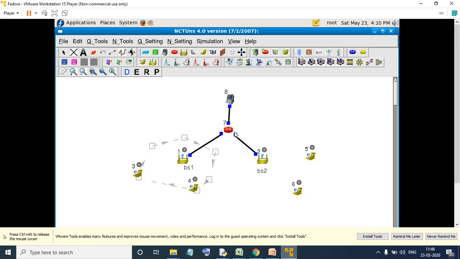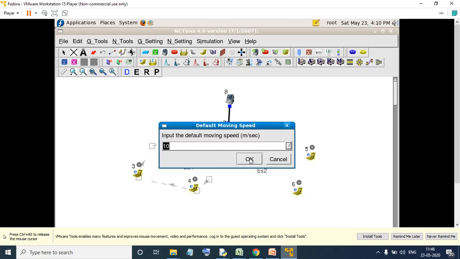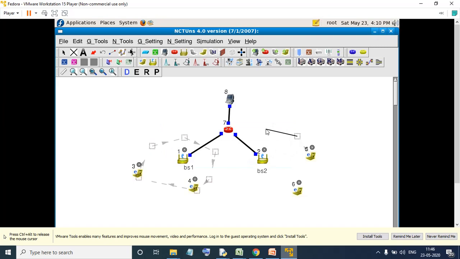Similarly, I will be doing it for the other one. So I am creating a path. You can see I have included the base station. Make sure you include the base station and also the mobile nodes. So this is my second one. In order to create this path, you should click on the mobile node and start drawing it. Once you are done, you should do a left click, and then a right click. So this whole thing is done. Next, you need to make a subnet. So this is my subnet 1 and this is my subnet 2.